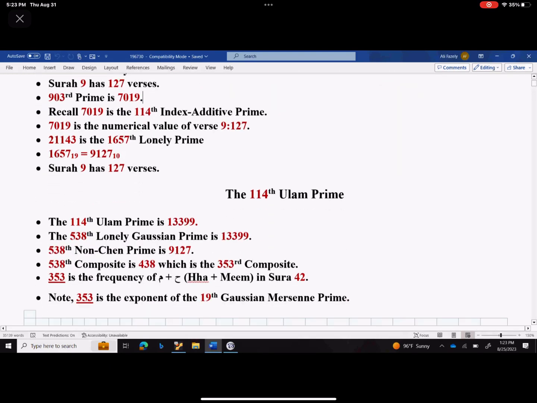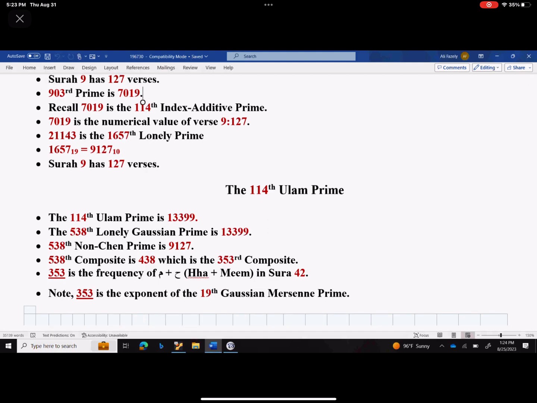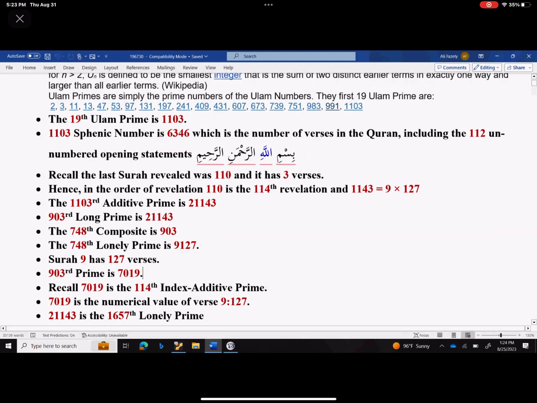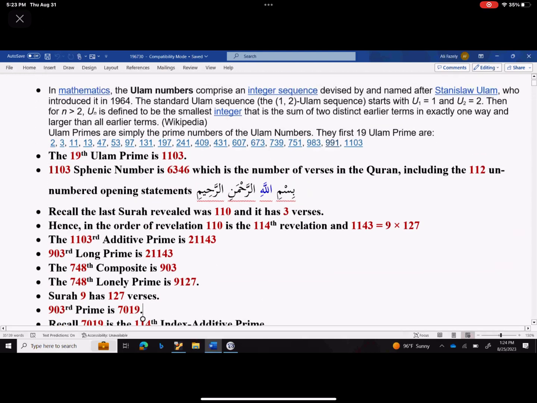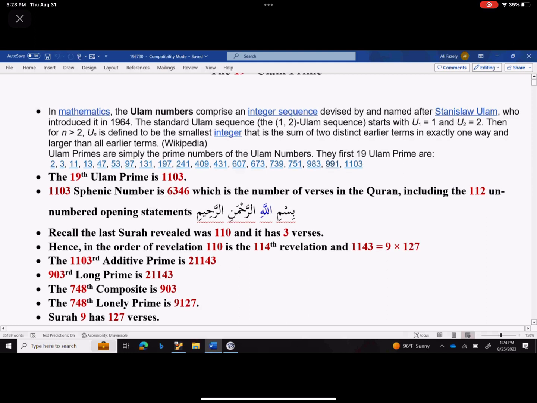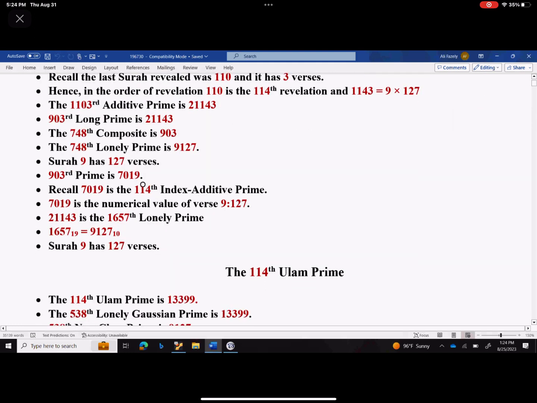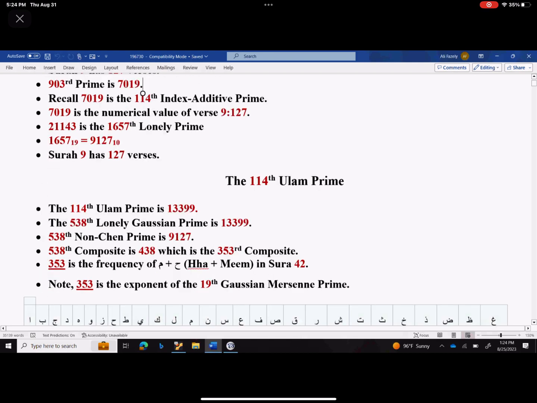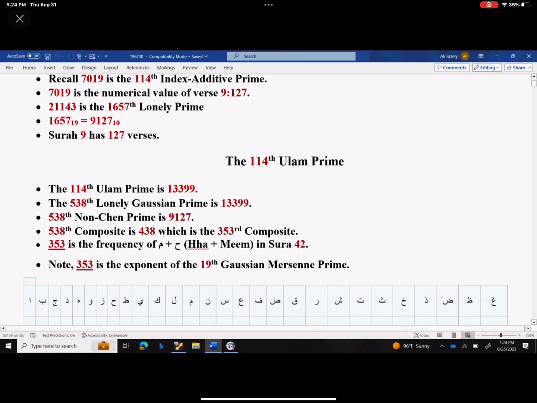Okay. Now we look at the 114th Ulam Prime. We generated it in this one. Generated 114 in the first one. And now with the 7019. And so now we are looking at the 114th Ulam Prime. The 114th Ulam Prime is